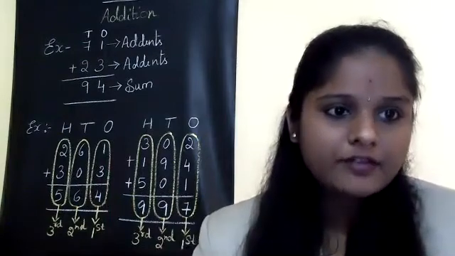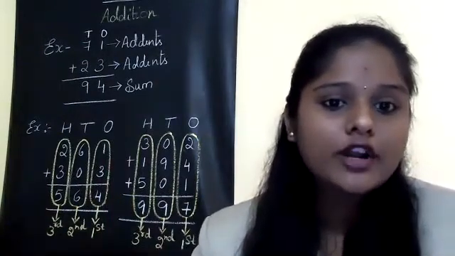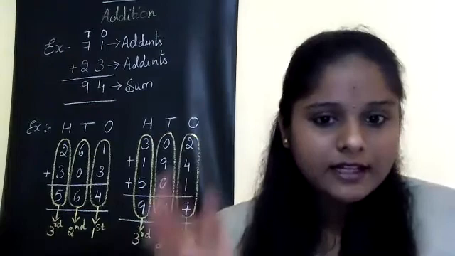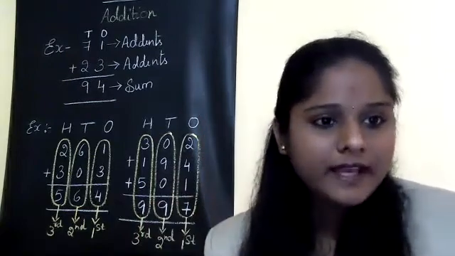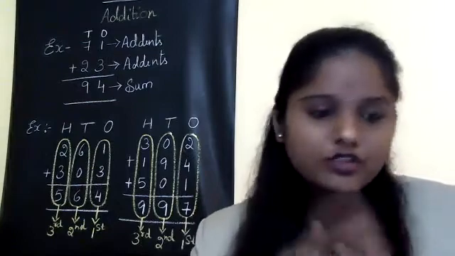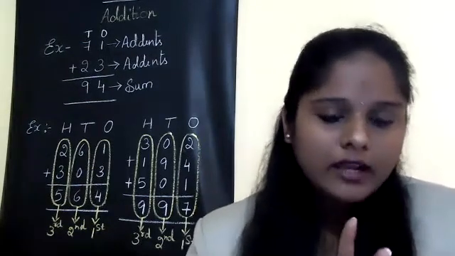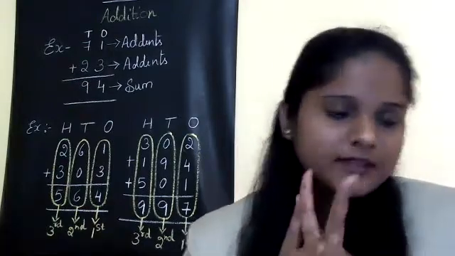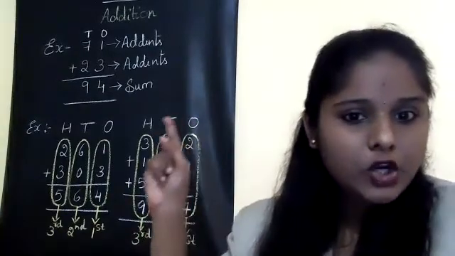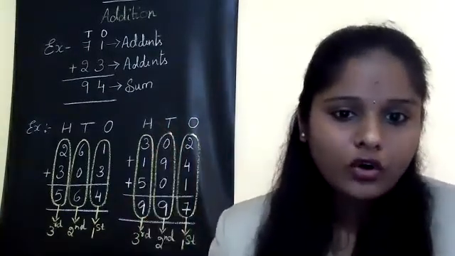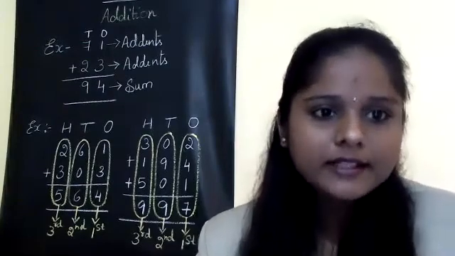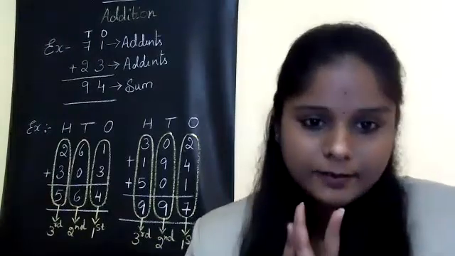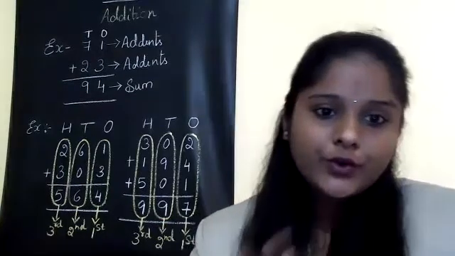Next, what is our step? We have to allot the numbers according to their places. So we have to write the ones place number in the ones column, and the tens place number in the tens column. Okay. In 71, as we all know, 1 is in the ones place and 7 is in the tens place. So that is what I have written, 7 below T and 1 below O. Are you getting it? Yes. In the same way, 23. In that, 2 is written in the tens place and 3 is written in the ones place.